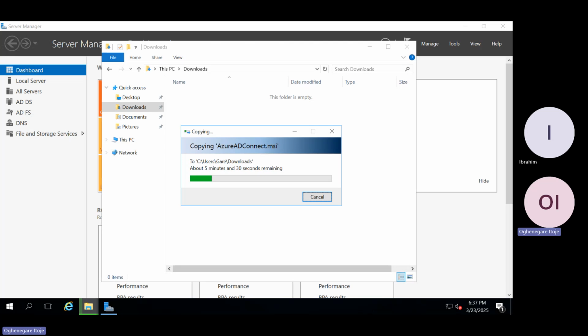Some of the benefits it provides are that it supports synchronization to Microsoft Entra ID from a multi-forest disconnected Active Directory forest environment. What's the multi-forest? Let me explain like this. If you have